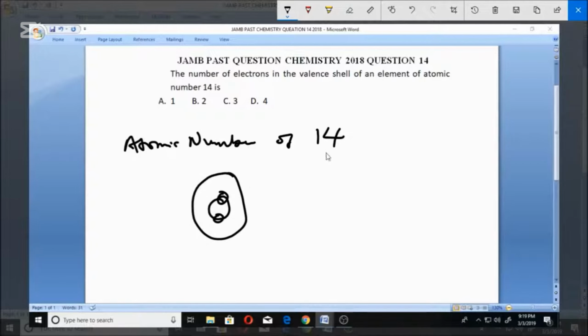So you now have to count out the number of electrons in the atomic number. So you have 14. So you have 1, 2. This one should have 8. So you have 1, 2, 3, 4, 5,